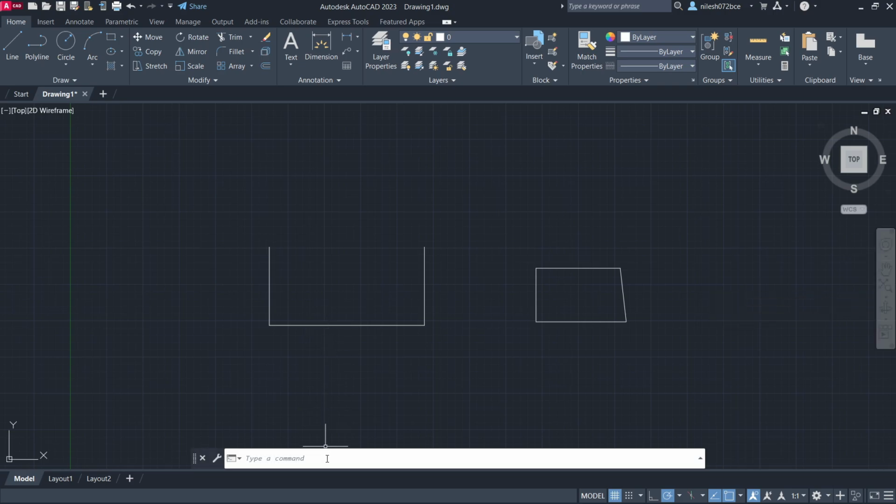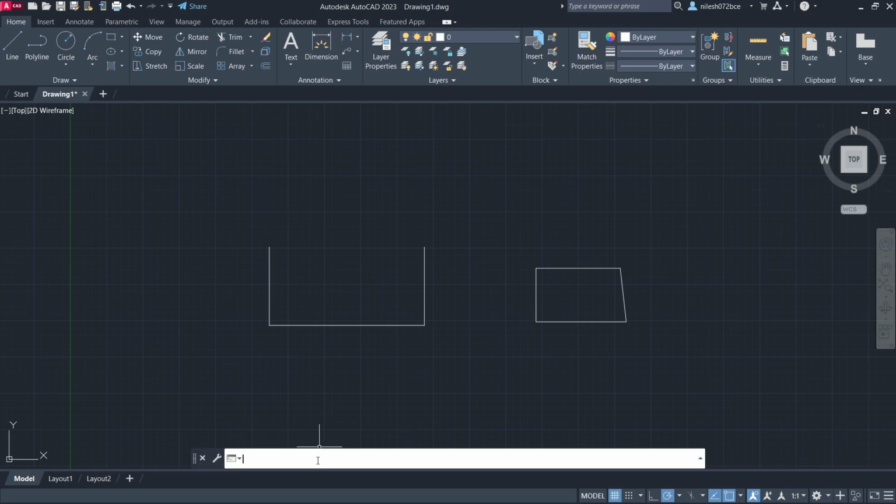And at the bottom of your drawing section you can see the command line or the command bar or the command palette, whatever you want to call it. In this command line you can type the command you want to use. For example, I want to draw a circle, so I need the command CI. You can see here CIRCLE, circle. It is suggesting that to me.